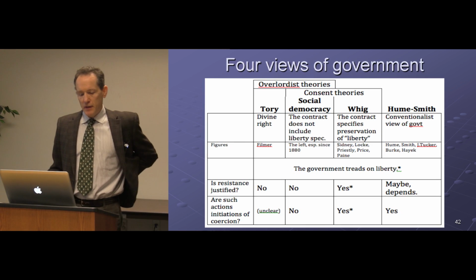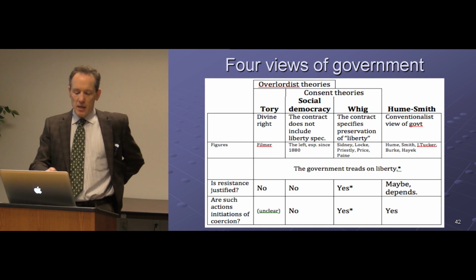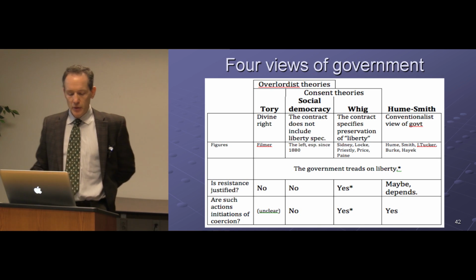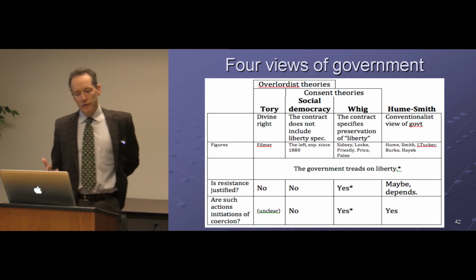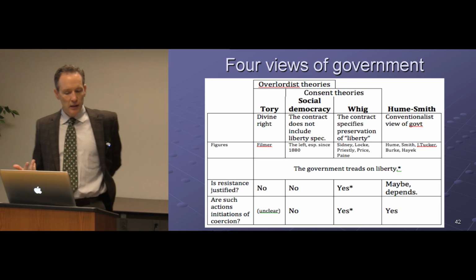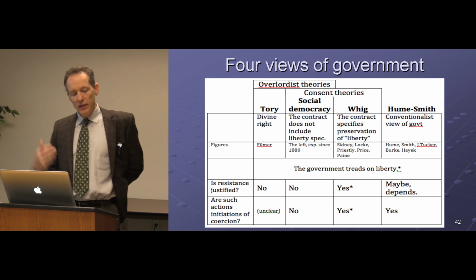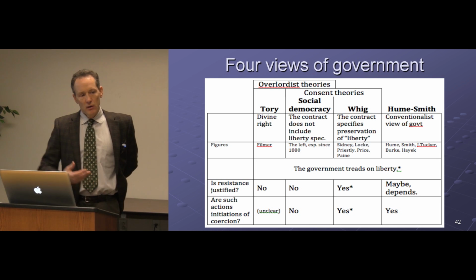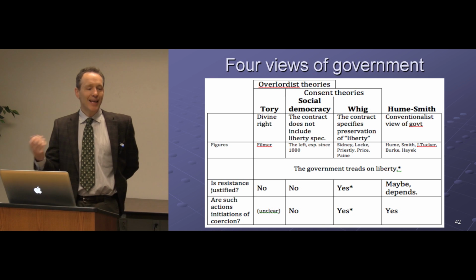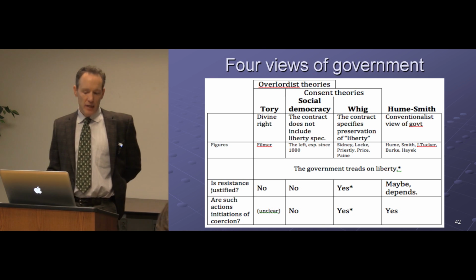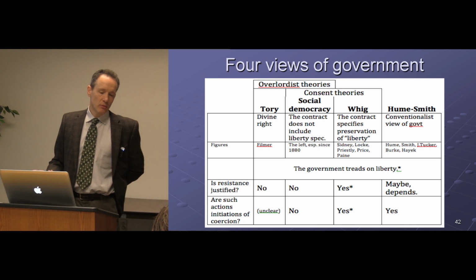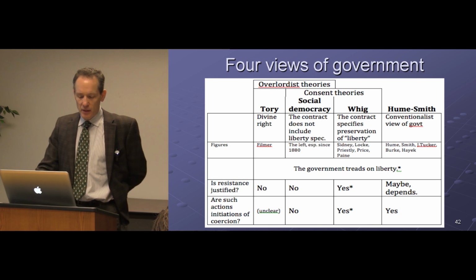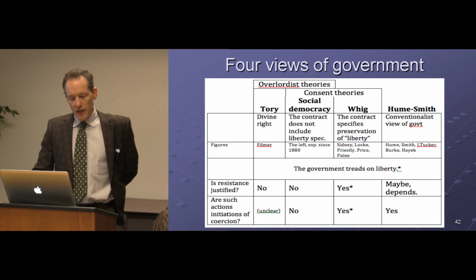So sorting out some of these ideas, I have this scheme here. We have the two overlordist theories, the social democracy we just talked about, where there's a collective ownership of the substructure of the polity, if you will, and then there's political consent with that overlord, okay? And that's actually very much like the Tories, for whom the ownership was held by the king, and you are, as it were, at his hotel, and you don't have a right to resist him either, right? Because it's kind of like you're a guest at his hotel. So we see, in this respect, the Social Democrats are like the Tories.